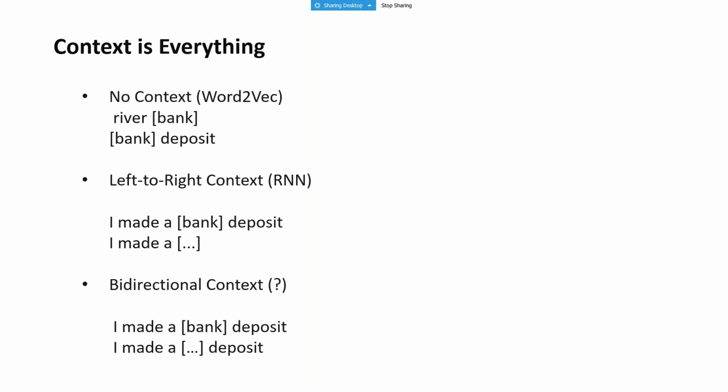If you say river bank or bank river, it is the same, it doesn't make any difference, and river bank and bank deposit have no relation, no context. But with left to right context in an RNN, I made a bank deposit, it is one-sided. It is making meaning from one side, that I made a bank. But when you go for bidirectional, I made a bank deposit, I made